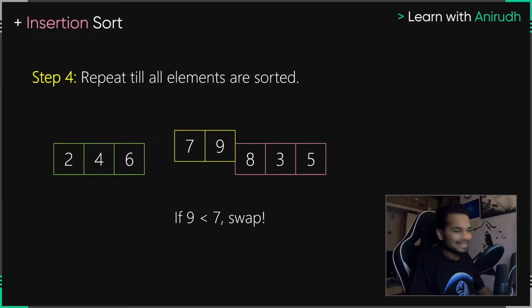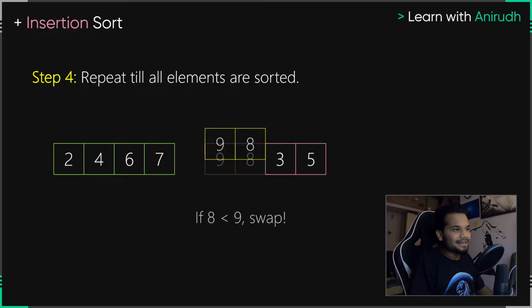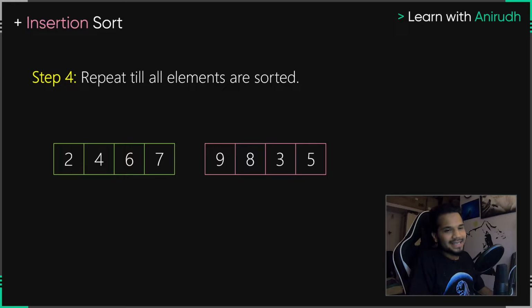Is 9 less than 7? If 9 is less than 7, we swap. 9 is not less than 7. So we just take 7 and put it straight out into the list there. Now in this particular case, surprisingly, take a look at your screen. We didn't have to mess around with any of these positions because 7 was put into its correct place. The algorithm here will compare 7 and 6. And in that moment, it will realize, hey, 7 is already in its correct position. Let us put it there.